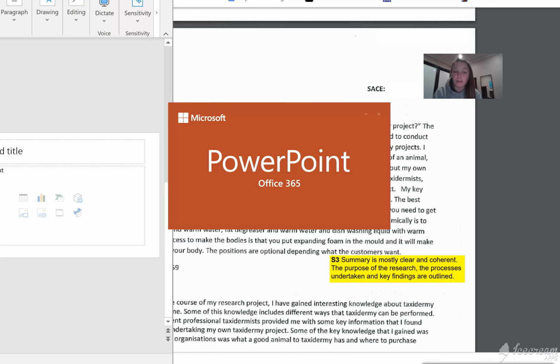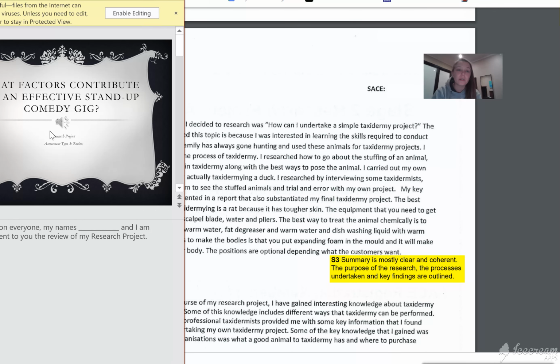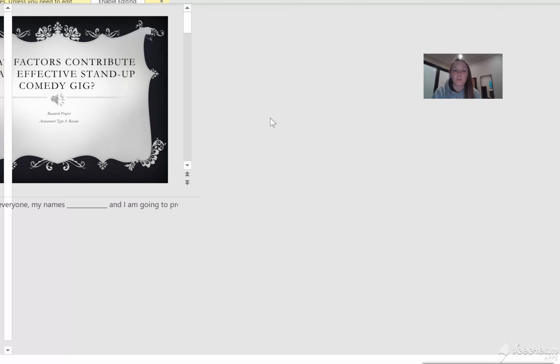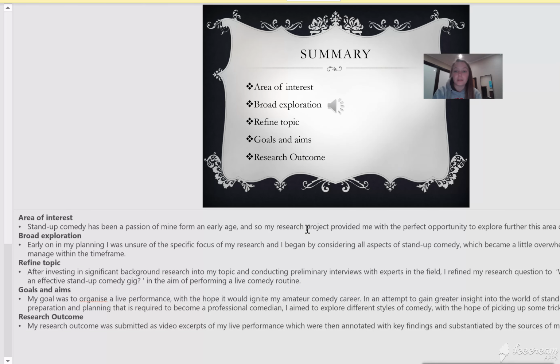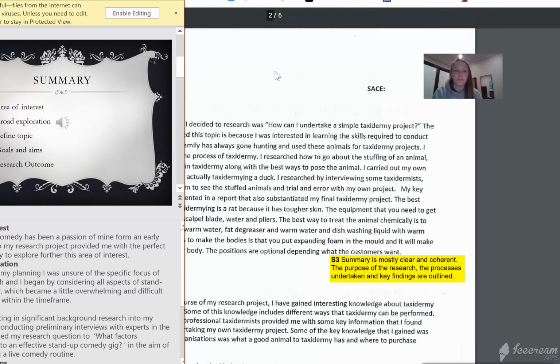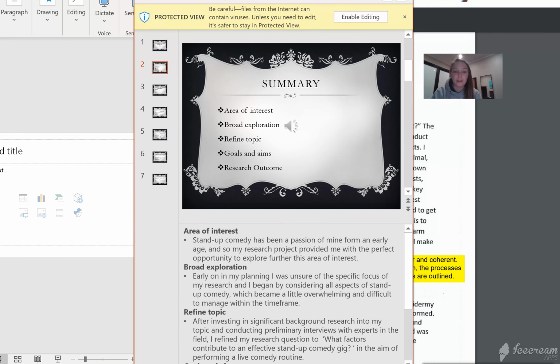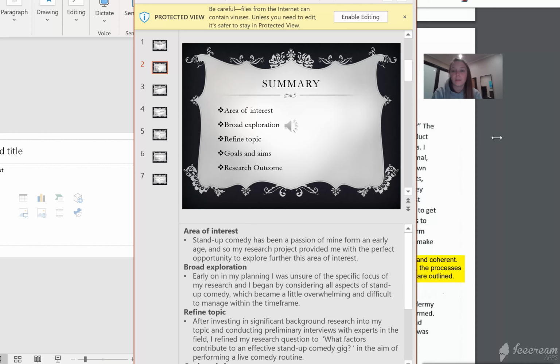They were both written reports, so I'm just going to show you a quick example of the SACE board's PowerPoint. You can see this student did a PowerPoint with audio, and then you can see that they had some notes that accompanied that they put underneath. And if we press